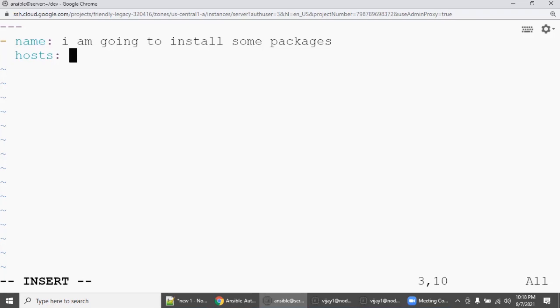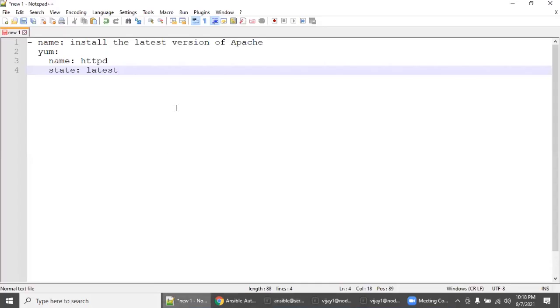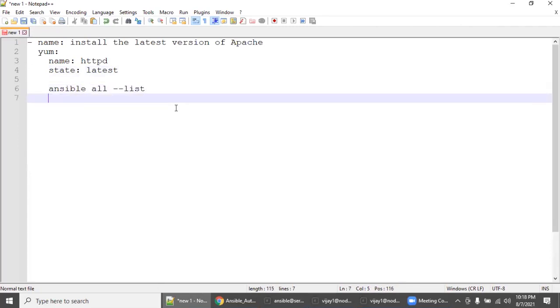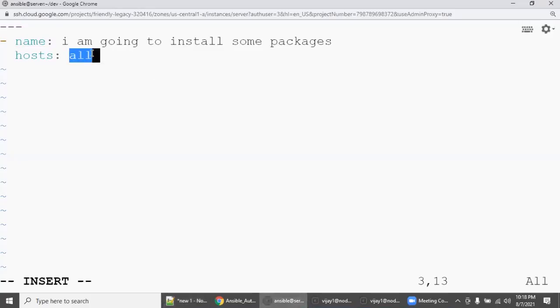But as of now, I want to go with all. All means, if you run the command ansible all --list, whatever servers are listed, all of those will be applicable. As of now, node1, node2. So enter, and then